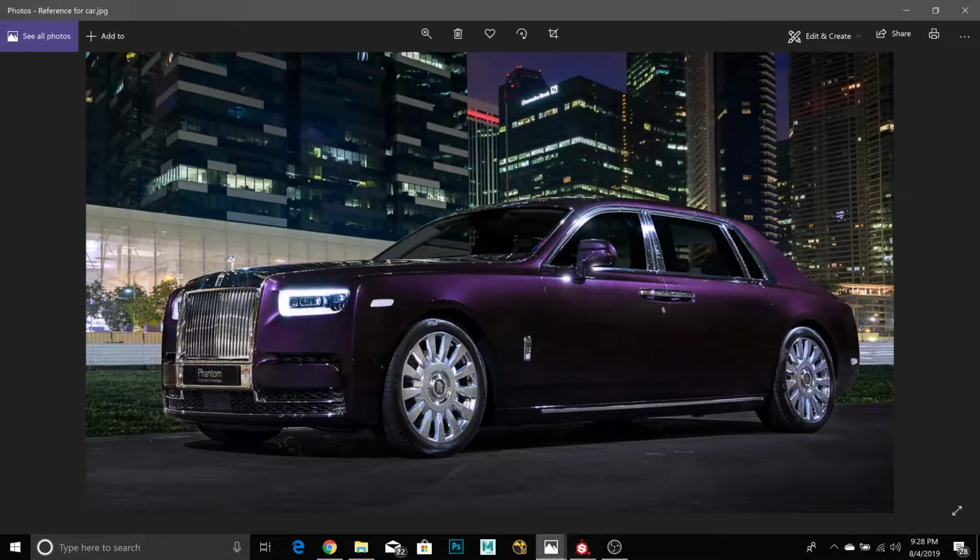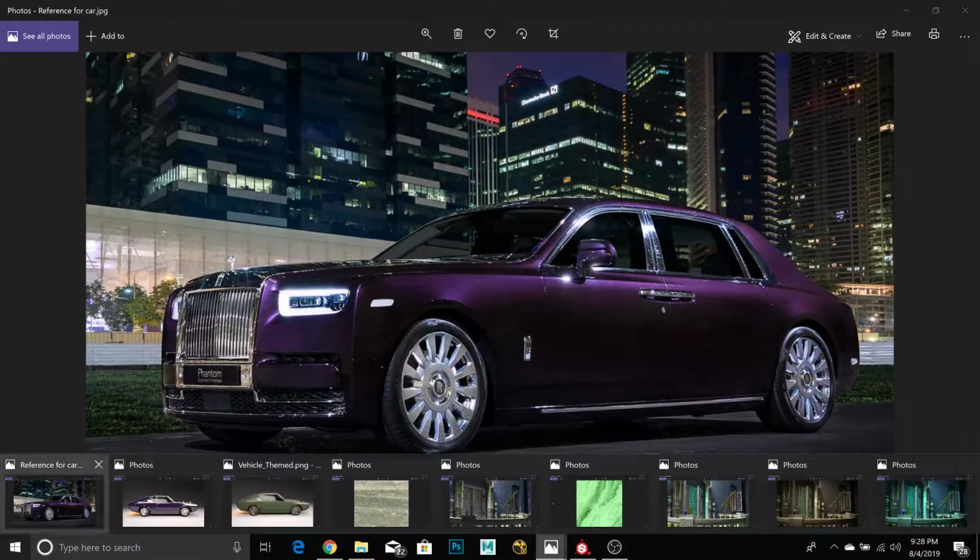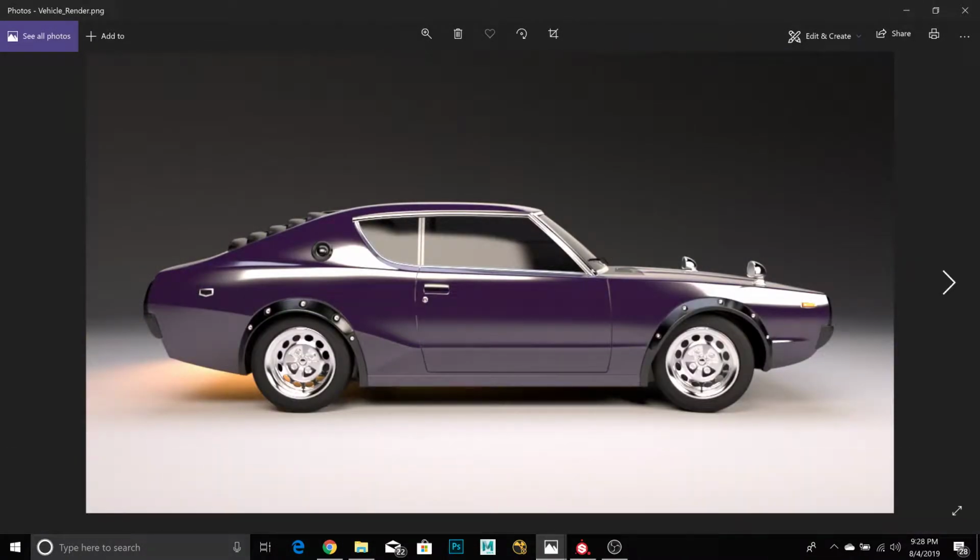So the first thing we did in the first week was learn about diffuse and specular reflections. I used this reference image in Maya, and we learned about diffuse reflections, which are usually reflections where the light scatters. We don't always see the light reflect off of them, something like rubber,